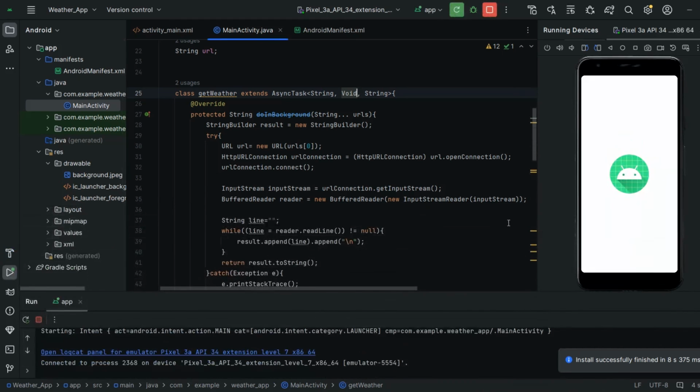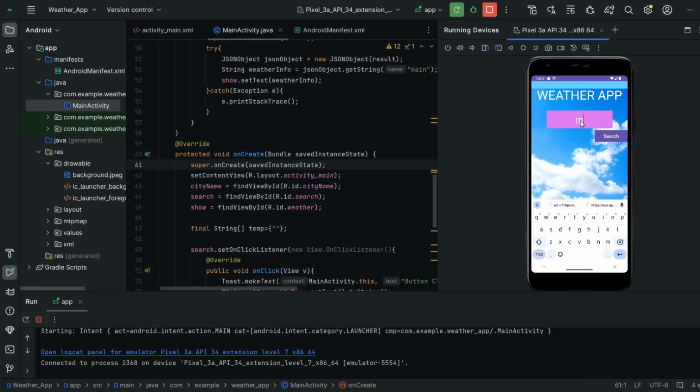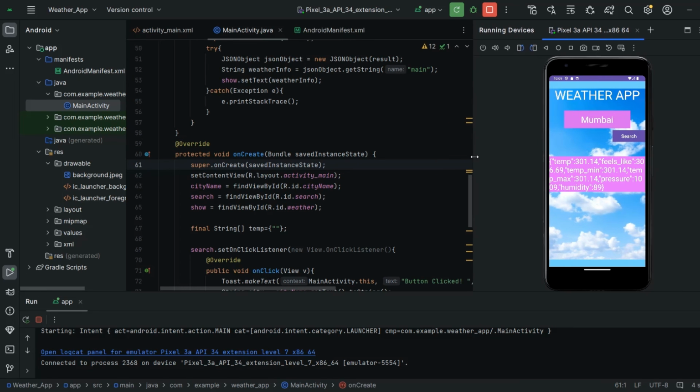Okay, we got our app. I think it's time to check our app and do the final updates. Okay, I'm going to enter the city name here. So I'm going to enter Mumbai. So I'm simply going to click on the search button. Okay guys, we got the details, but these are clumsy, guys. We have to arrange it in proper format and display. See, it doesn't look nice. This is very clumsy.